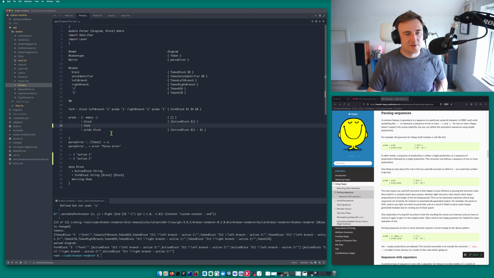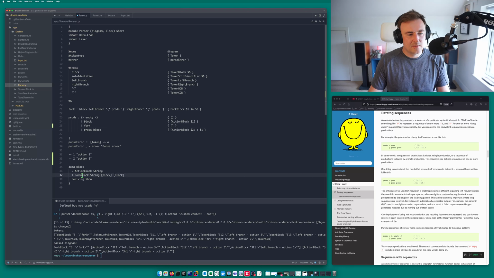So this is my fork, and fork is a fork block that has 3 inputs, I believe.